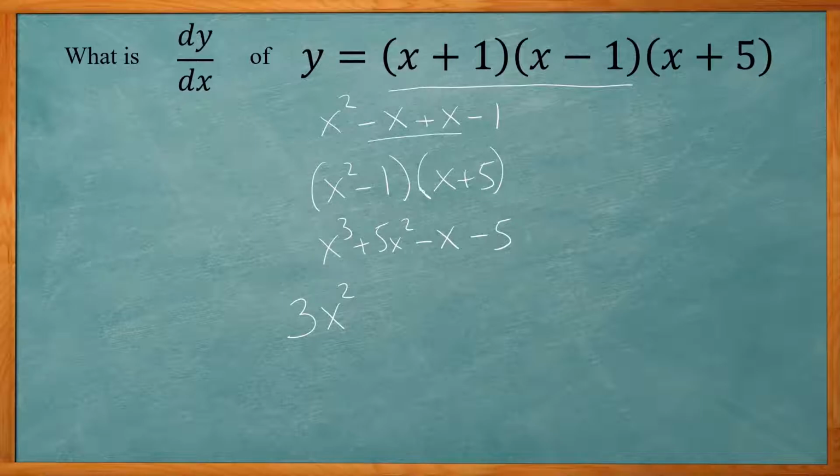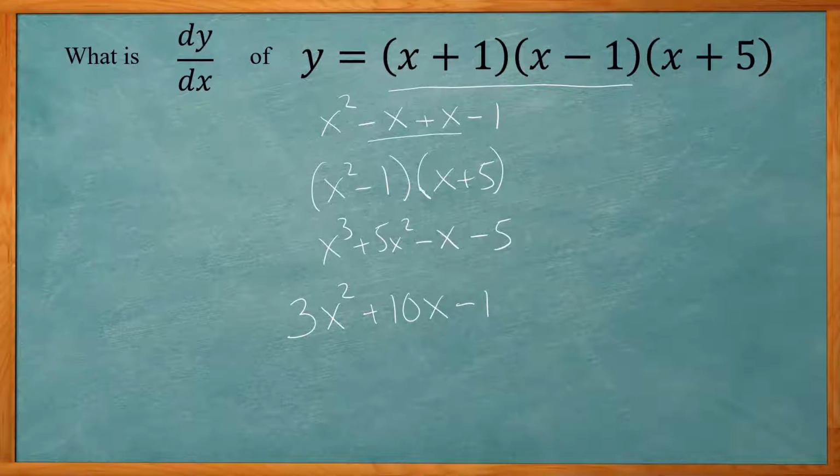So now I'll take the 5x squared. The 2 is going to come out front. You're going to multiply that by the 5 that's there. Give me 10. And then the exponent goes down by 1. Goes from 2 to 1. So that's 10x. And negative x becomes,